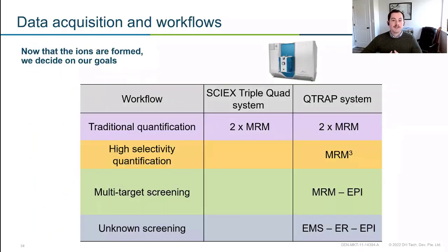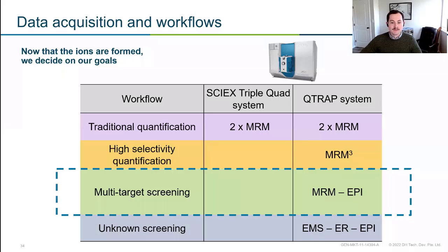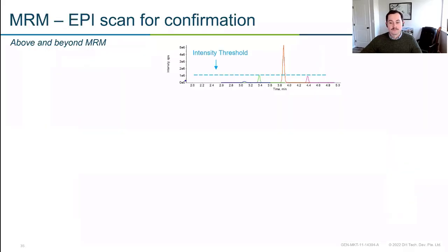But what if you don't want to just do quantitation? What if you want to do qualitative studies and quantitative studies kind of at the same time? And I have a bias. This is my personal favorite workflow with the Q-Trap when we do some multi-targeted screening. So here we're going to do an MRM experiment just like before, except we're going to follow it up with an EPI experiment. And this is called an enhanced product ion experiment. So we're going to be looking at fragmentation, and we're essentially after the compound's fingerprint. So that's what we're trying to get after.